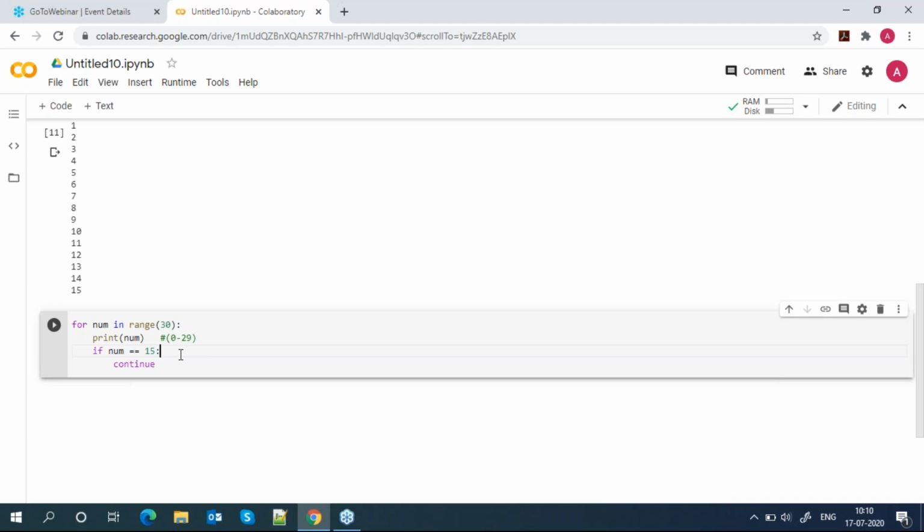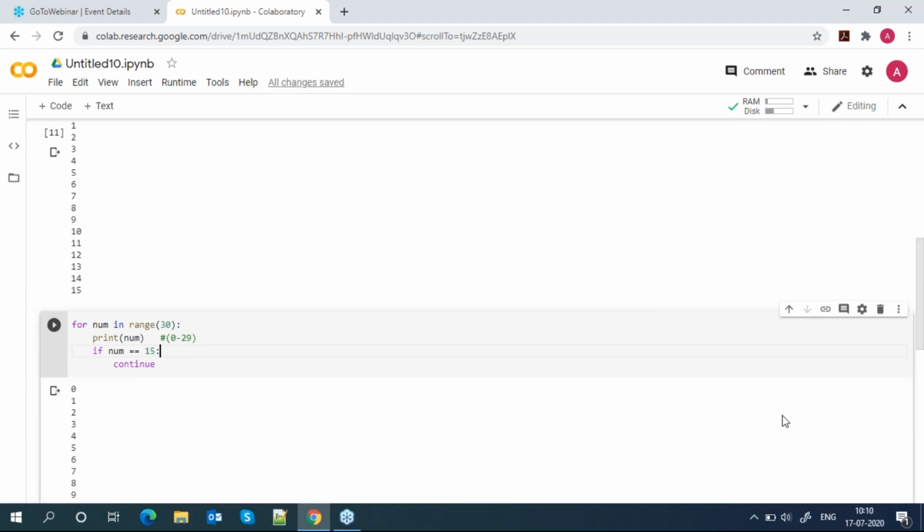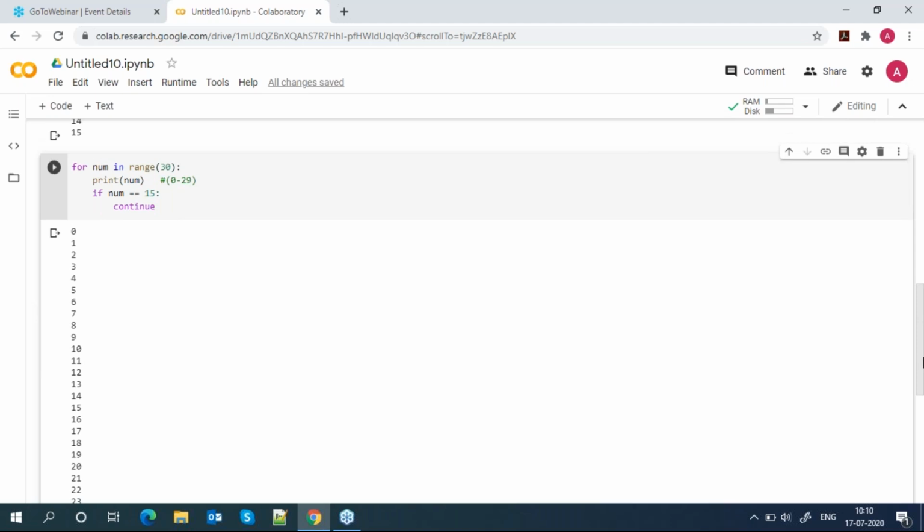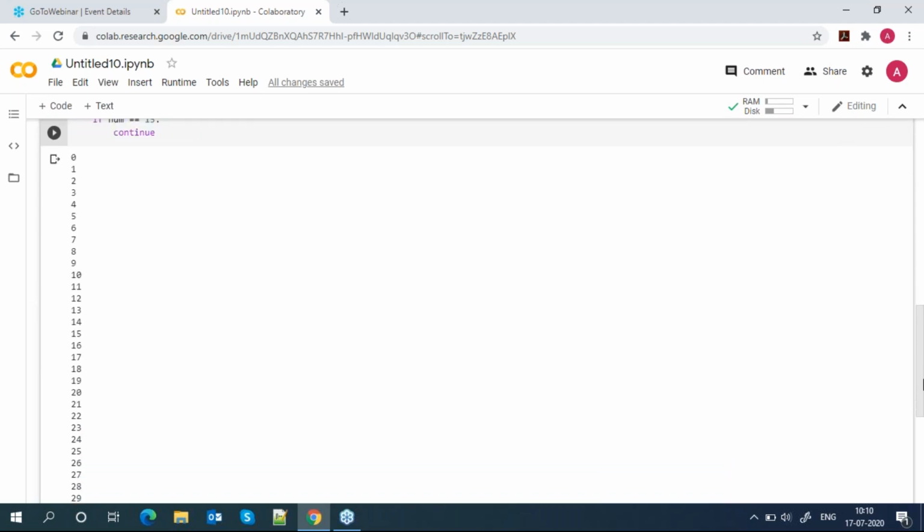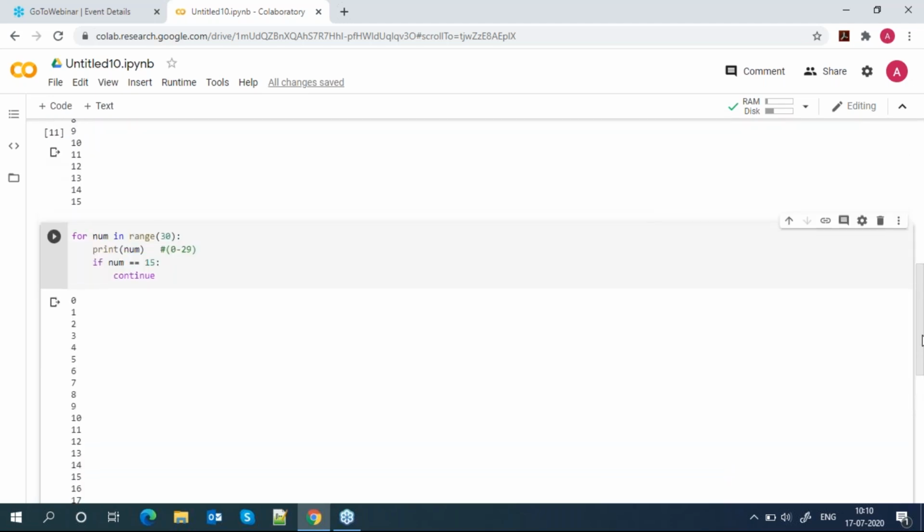So in this scenario, what will happen? Let's see. You can see that it will print till 29, but 15 is not printed.